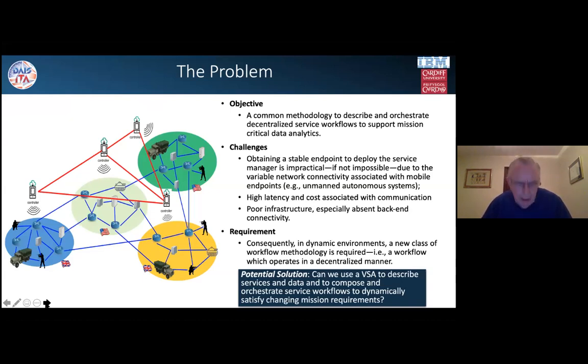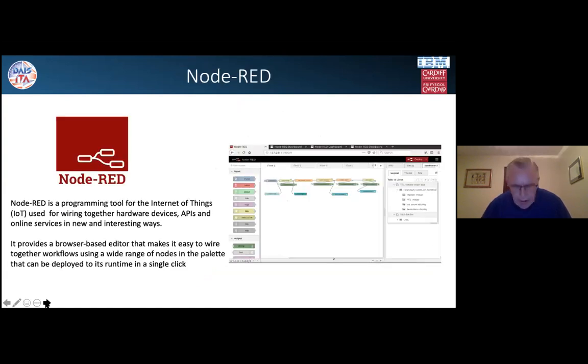So this type of future environment we're envisaging is sometimes referred to as the Internet of Battlefield Things, or IOBT. And so to set the scene, we can look at the sort of civilian equivalent of that, which is the Internet of Things. And there's various tooling that is used to support the Internet of Things so that you can rapidly design and deploy service workflows in an IoT environment, which brings us to this whole area that we call